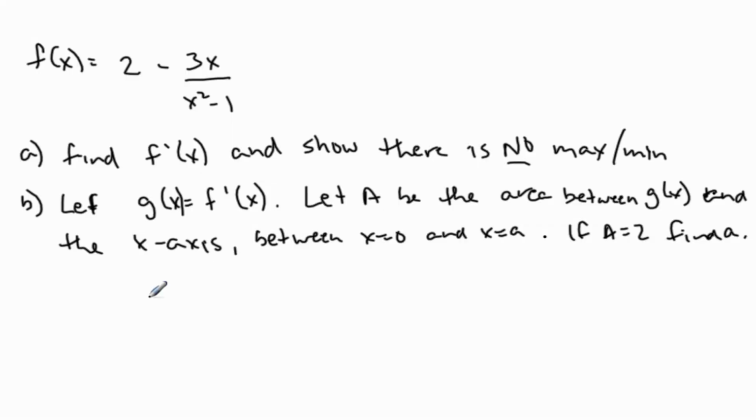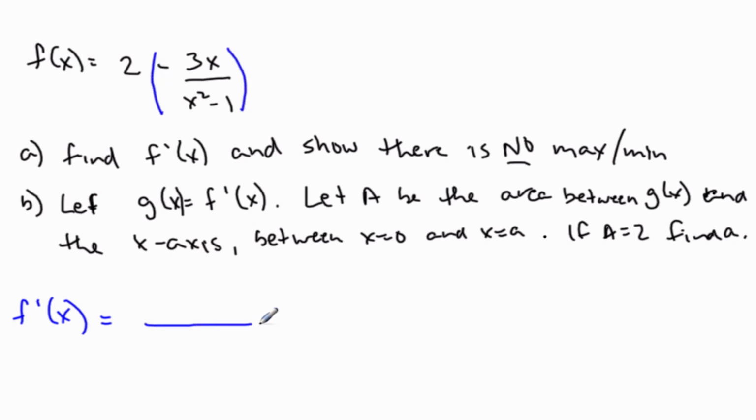Okay, so we're given f of x as this function here, and we want to find the derivative and then show that there is no max or minimum. Okay, so f prime of x, in doing this, I start off, find the derivative of 2, and that's 0, so I could ignore that. And then I have this part here, this function here,